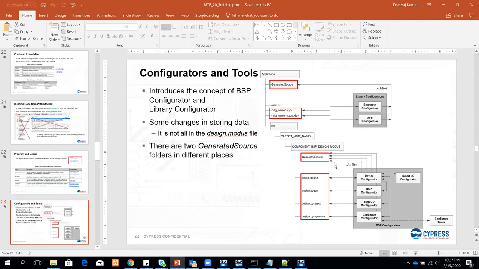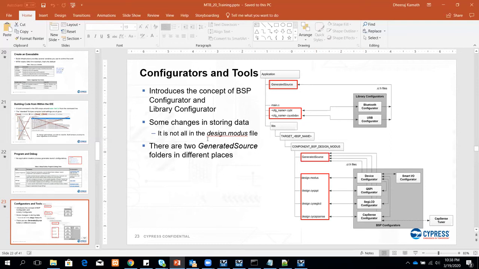And the reason why this is so is because you can have different configurations set up for your different kits that are connected. So let's say I have 2 different kits connected, like the Pioneer kit and the Proto kit. And since both of them have CapSense but different kinds of support, then probably you will enable just one button to work on one of the kits, and on the other kit you will just use a slider. So you have the option of enabling just the resources you want for the particular BSP that you have connected.